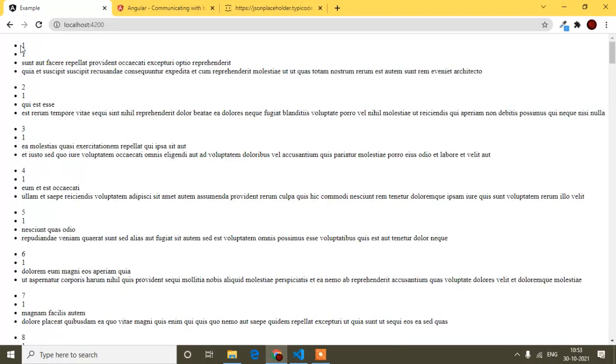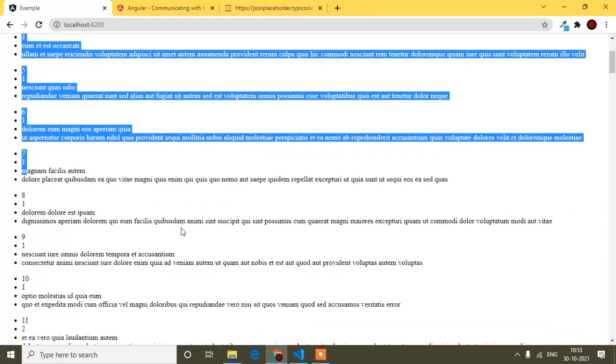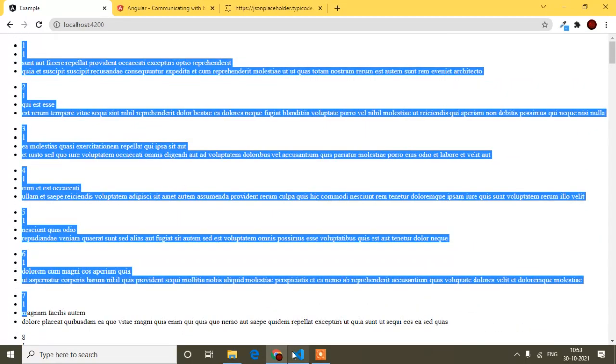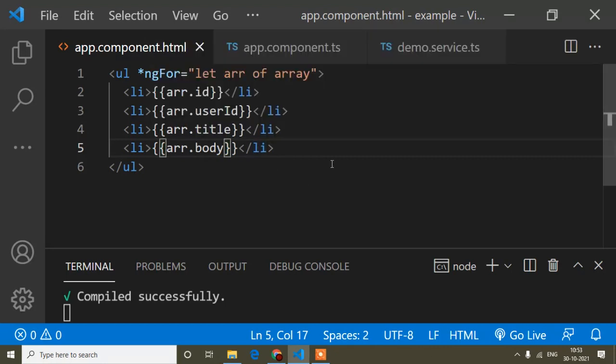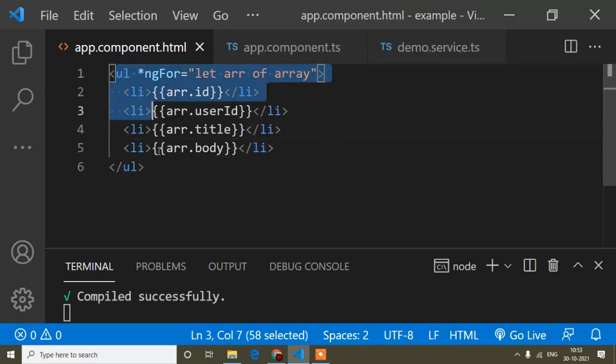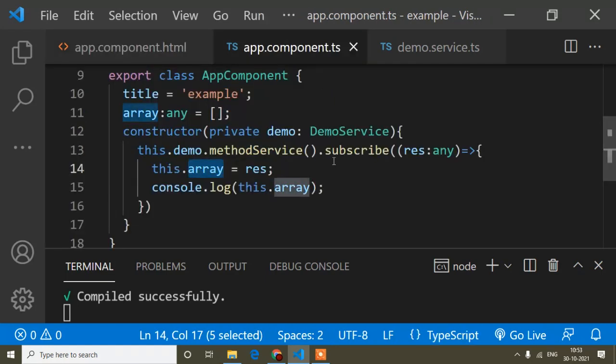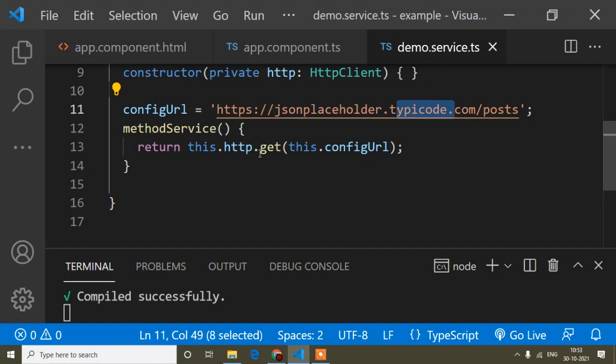You can find data is displaying in our page. So in the same way you can hit the API, get the data, and display it in your HTML file. And if it would be a post request, then just in the service, instead of get, you simply pass the request as post. Okay, and there is a little difference. You have to pass the HTTP header also. So it's just a little different.